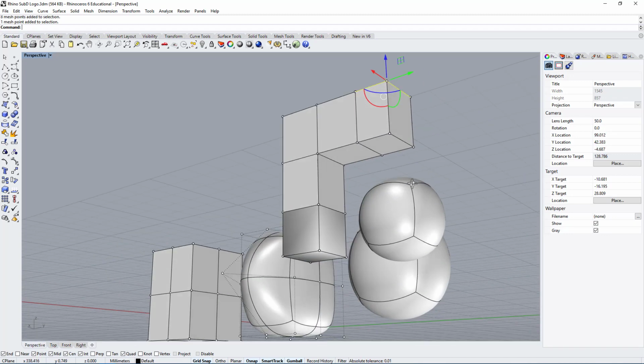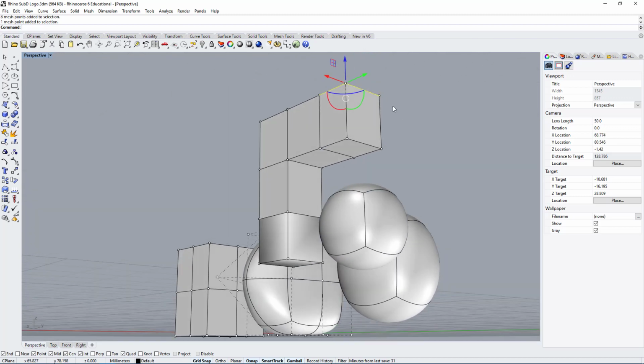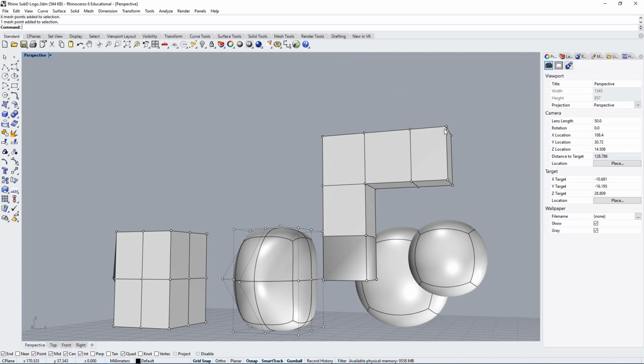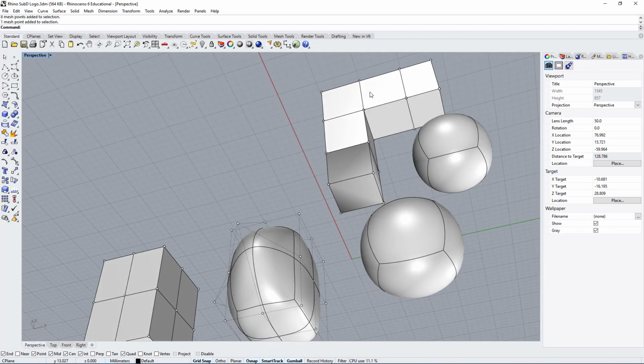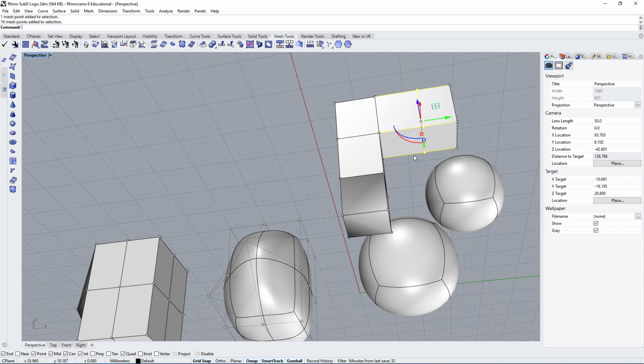So what you want to do here is, if you want to keep a sharp edge, you want the mesh to be joined, and you want it to be open. It's a little difficult to explain, but basically I will go under the mesh tools, and I will make sure that all of the vertices are joined together, or all of the edges are joined together. One way to do that is go up here, you have this weld mesh, and you can expand it, and you can click here, or you can use the vertices.